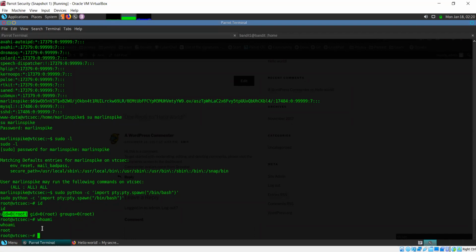We have found a way to escalate our privileges to that of the root account. Once you get the root account, you can do whatever you want on that system. Having root permissions gives you free rein to do whatever you want there. So on any system, when you're trying to hack into it, or especially when you're trying to practice, your ultimate goal is to be able to have root access onto that system.